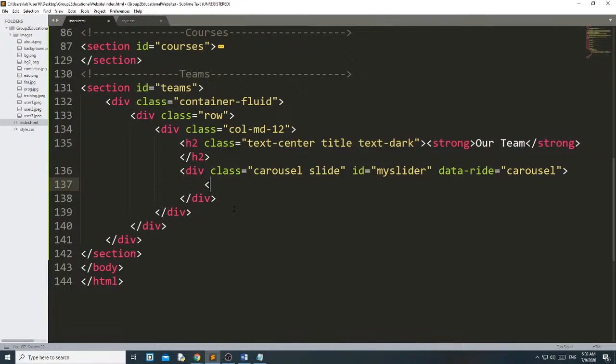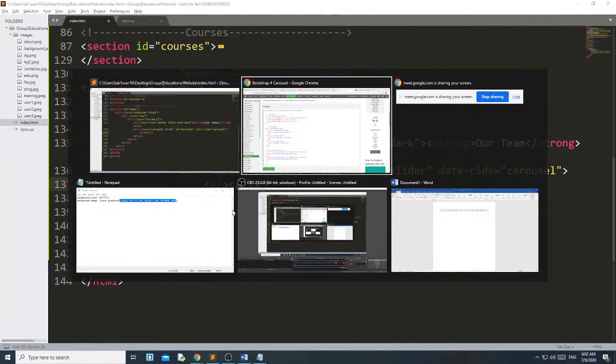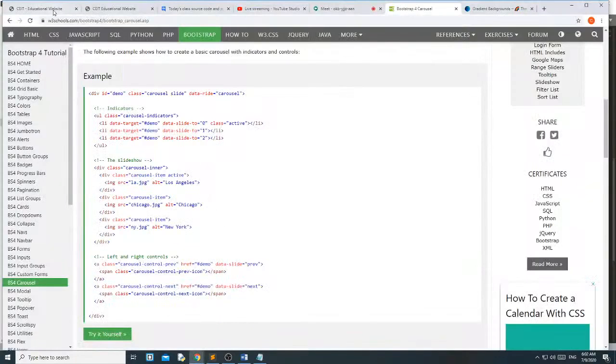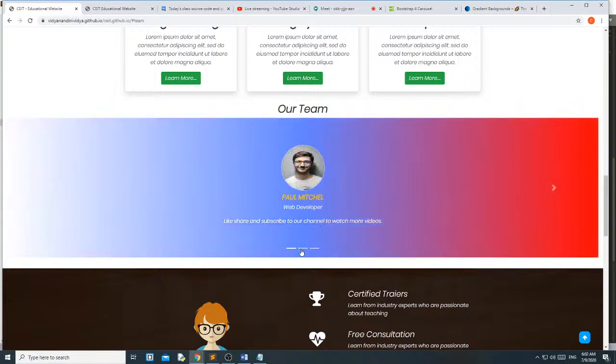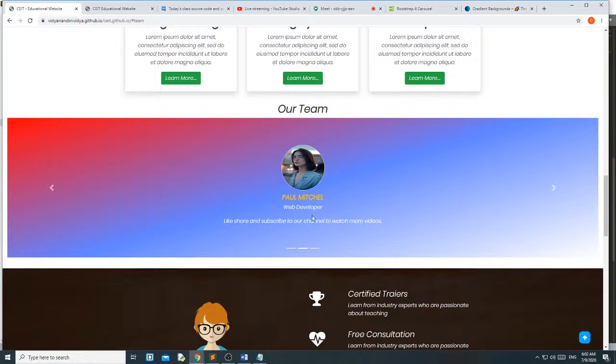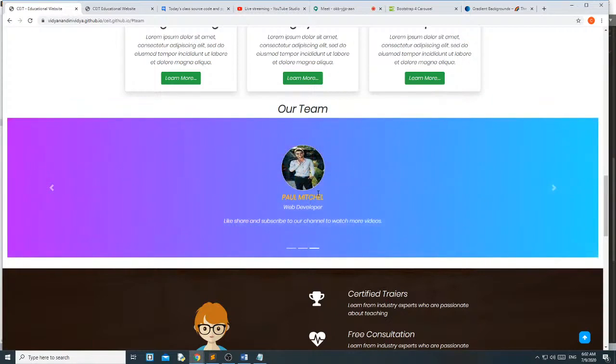Then the first one is the carousel indicator. What are the carousel indicators? These are the carousel indicators, these bars below. First we have to decide which image will come when we click this, and which one will come when I click that.